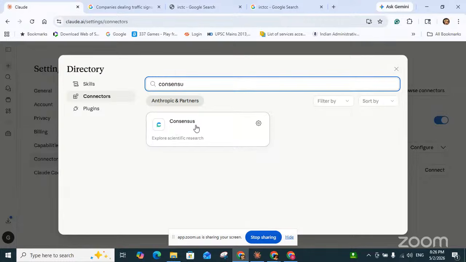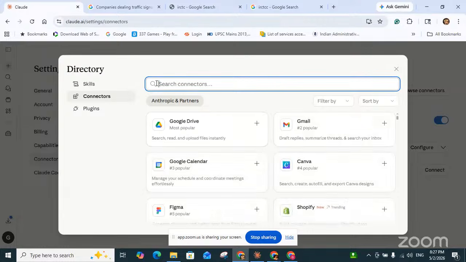But later on I saw that we can add this connector, and then using a command prompt we can search, and every reference citation will be there as it is published. So one connector I have tried is Consensus.